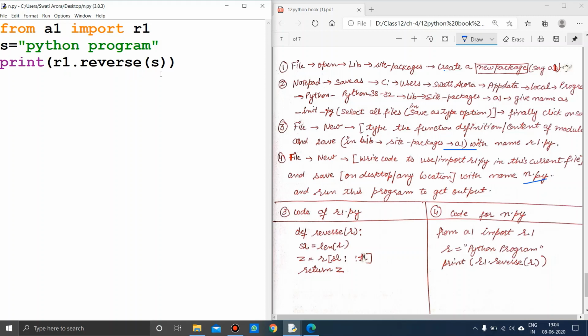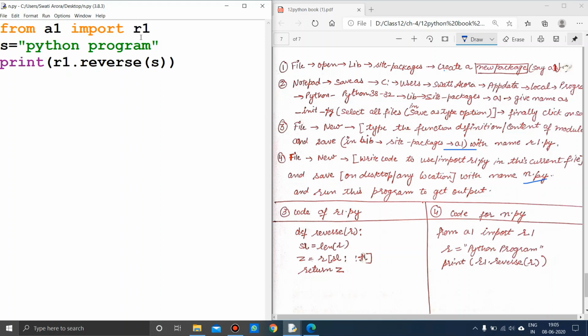But now we are creating the function definition in R1. Where is R1? Inside A1. And where is A1? Inside this site package, in the lib, it is in the C drive actually.